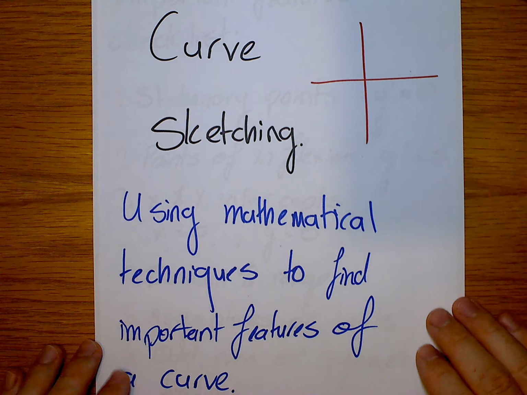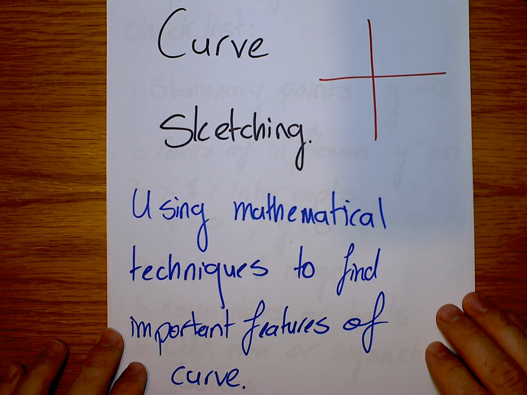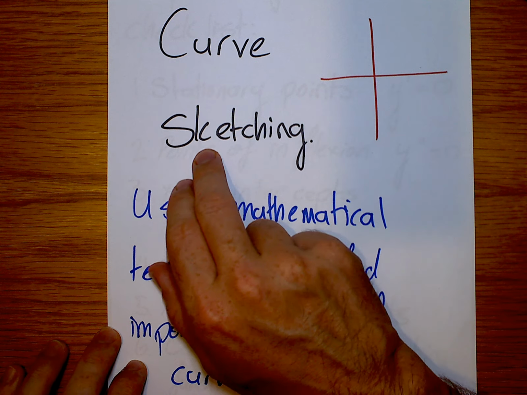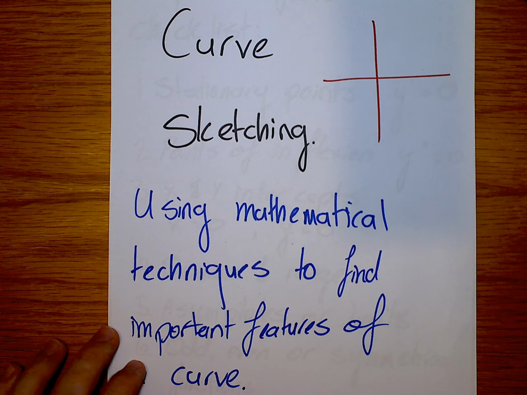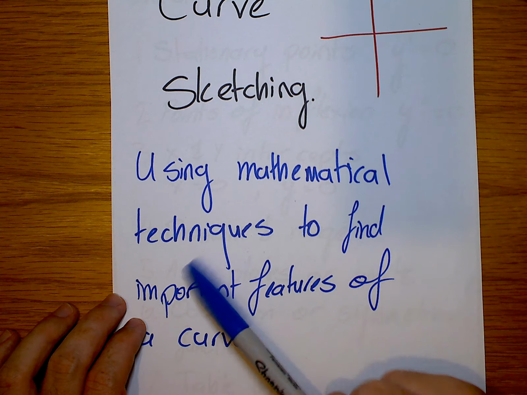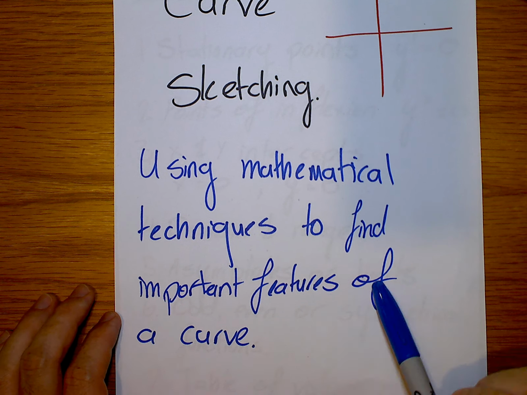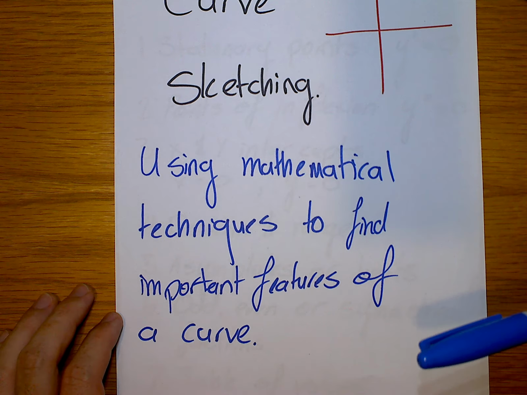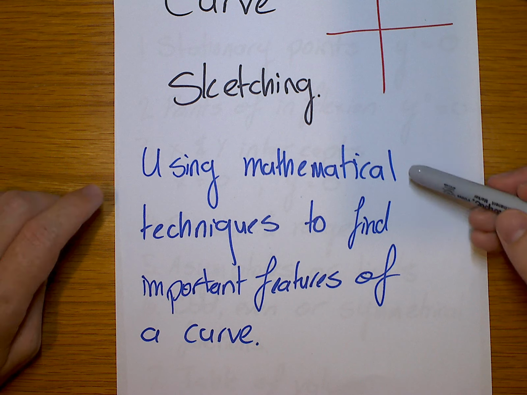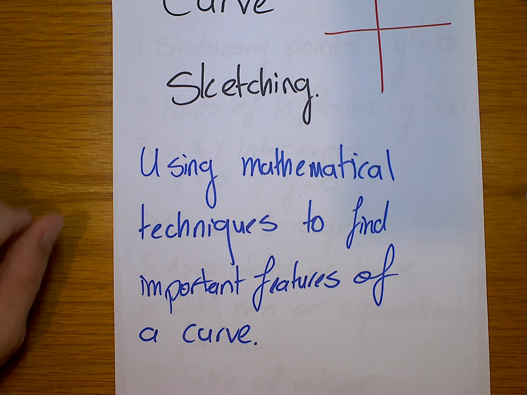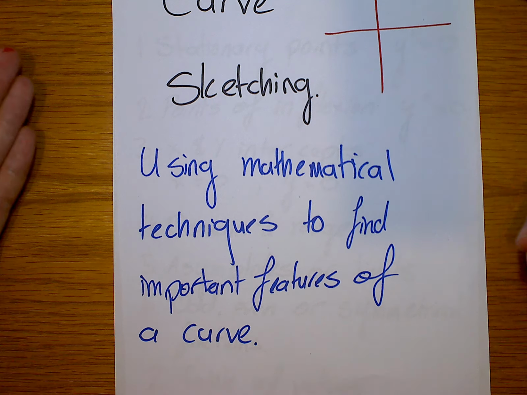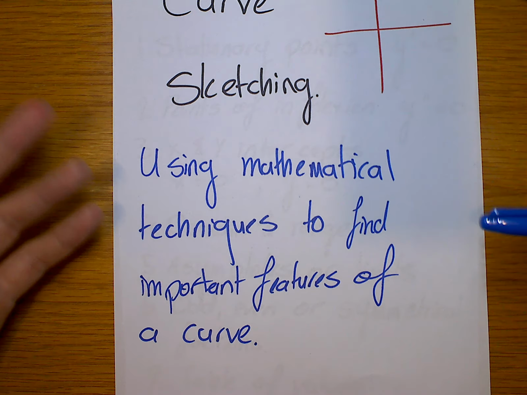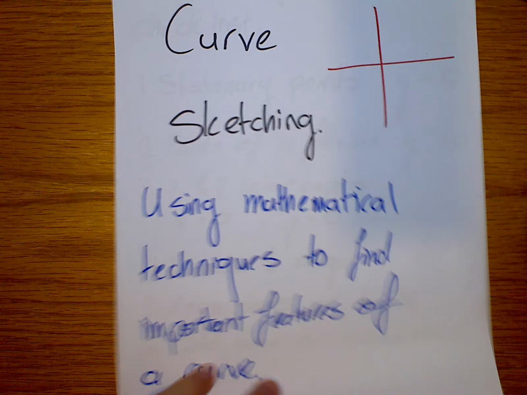Our next chapter we're going to be looking at involves curve sketching. What this essentially is, it's pretty much in the name, is using mathematical techniques to find important features of a curve. So this is using all things that we have taught you, finding the gradient and then finding the second derivative, finding x-intercepts, all those kinds of things, until you have enough information where you can